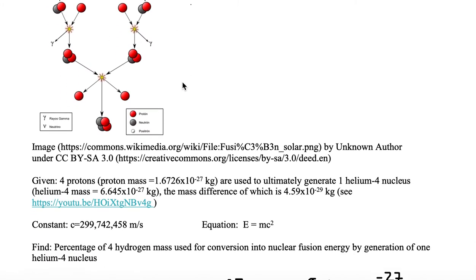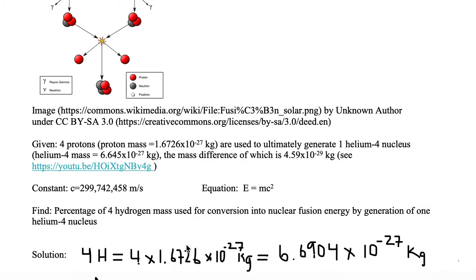The 4 protons, if you multiply them all out, 4 times the mass of a proton, you get a value, and that value is higher than that of the helium-4 mass. And therefore, you have a mass difference of 4.59 times 10 to the minus 29th kilograms. And if you want to see this worked out, see this video I created at